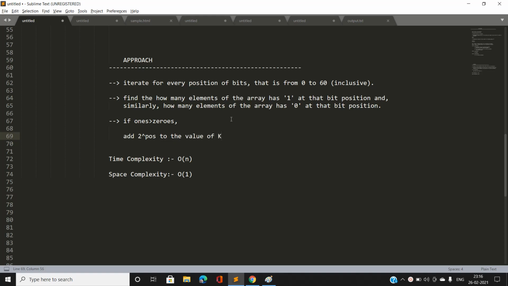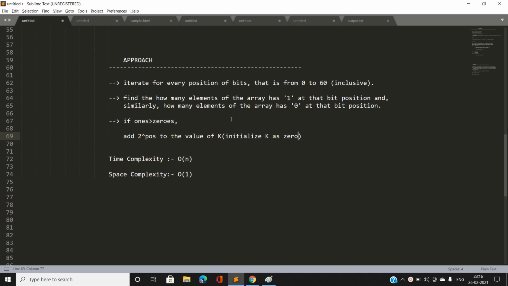I am also going to initialize k as 0. So don't get confused. We are going to initialize k as 0, and we are going to add these values, because if ones is greater than zeros, we need to swap the number of ones and number of zeros. So how are we going to swap this?